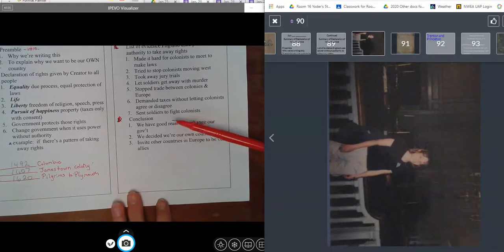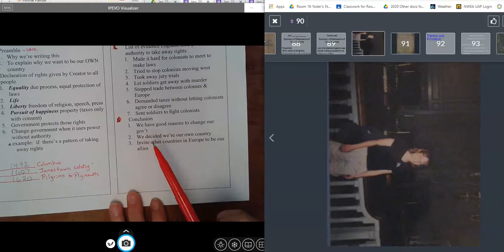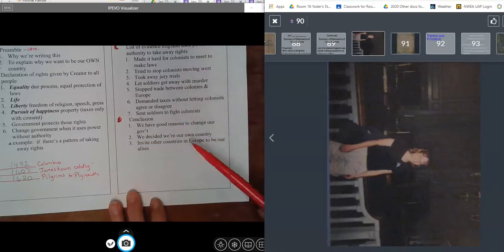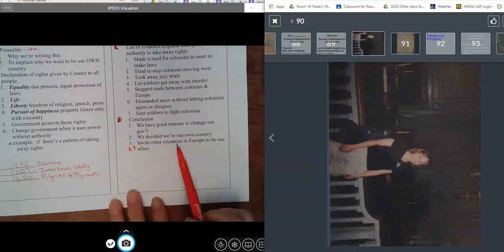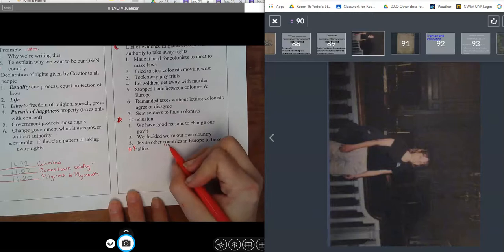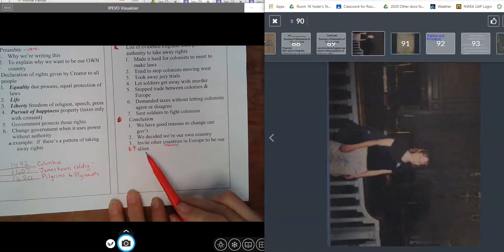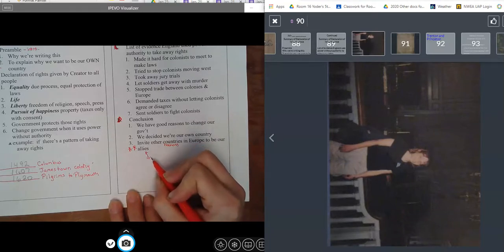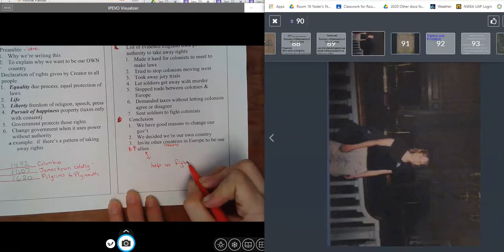The conclusion of the Declaration of Independence, then, is that the colonists had good reasons to change the government, and because of all of these good reasons, the 13 English colonies decided to be their own country, not part of England anymore. And here, this one is very important. They invited other countries, other nations, and yes, I do want you to write the word nations, in Europe to be our allies. What does that mean? Help us fight against